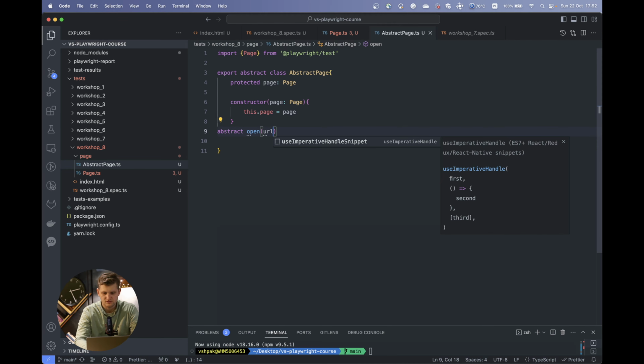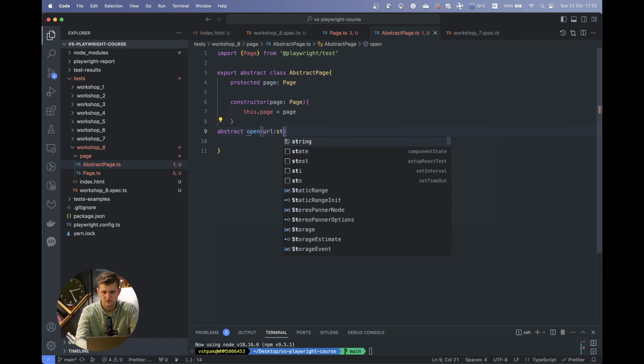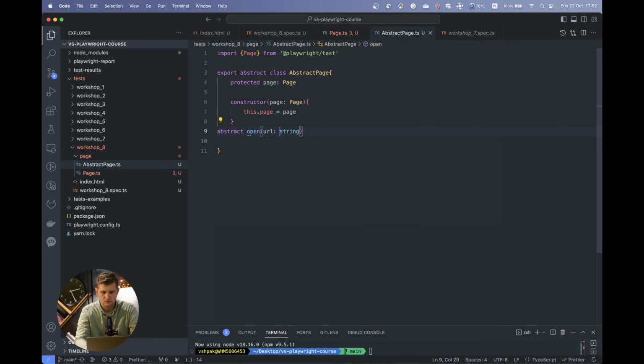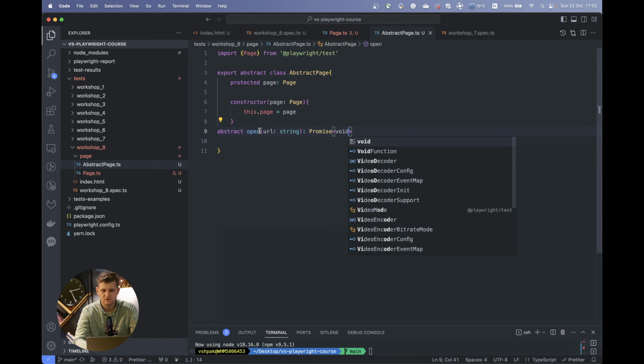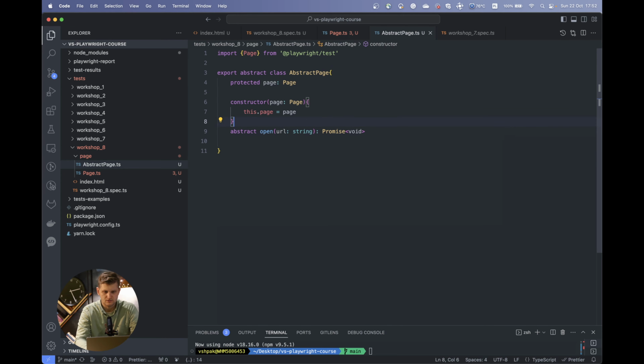So for example, it's going to take the string URL, and of course it has to return a promise, because every time we open or interact with some elements within Playwright or the browser, it's always asynchronous. Cool, now let's import